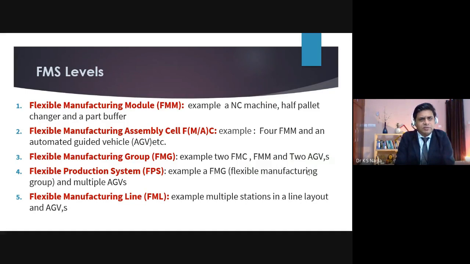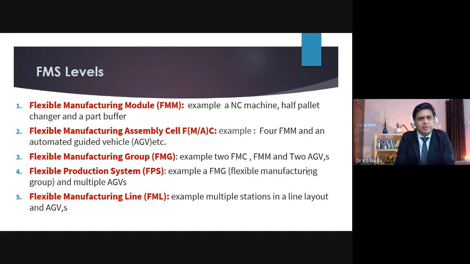One of the levels is the flexible manufacturing module. In some industries, we use flexible manufacturing modules, flexible manufacturing assembly cells, flexible manufacturing groups and flexible production systems, or one may use a flexible manufacturing line. All these depend upon the physical structure of the industry, the production of the industry, and the nature of the